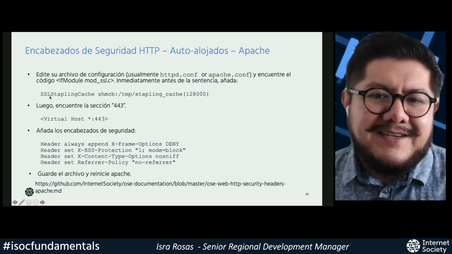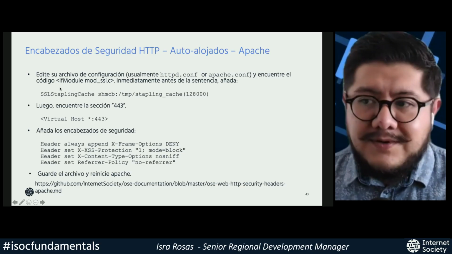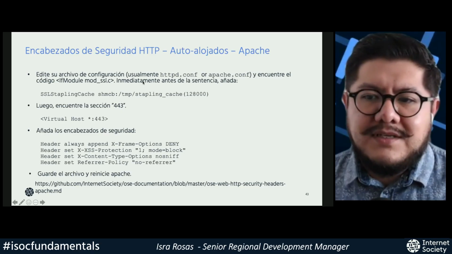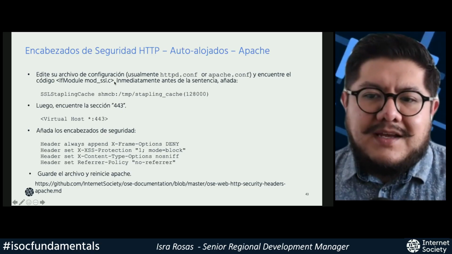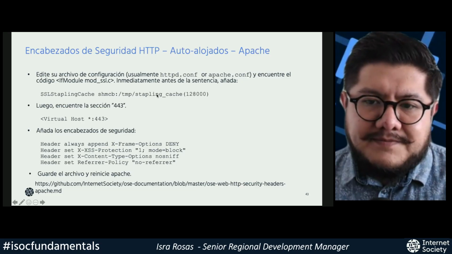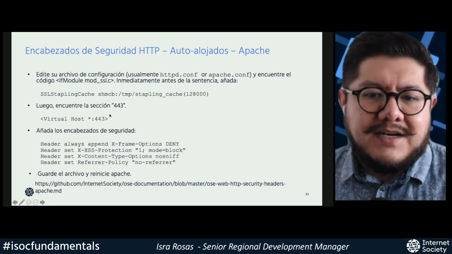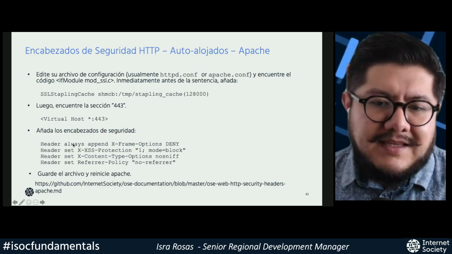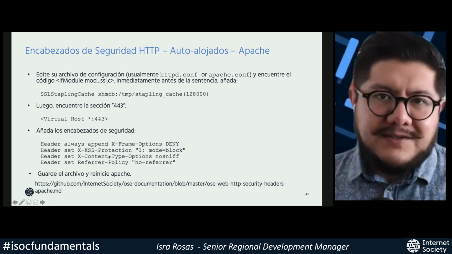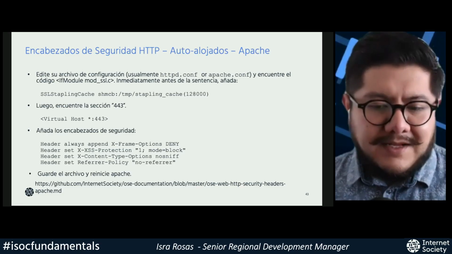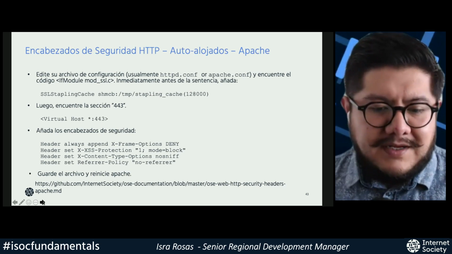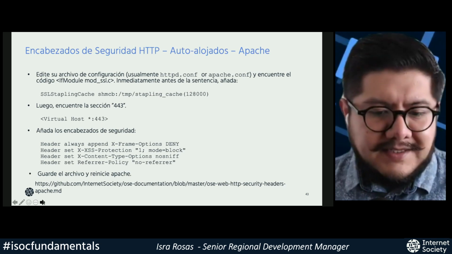For self-hosted servers using Apache, first you need to edit your configuration file. You find this code and then you find the IfModule mod. And then immediately before the statement, you need to add that part. Then you find the 443 section and you add these security headers. Now, like I recommended, add them one by one, save the file, restart Apache, and see how your website is behaving.